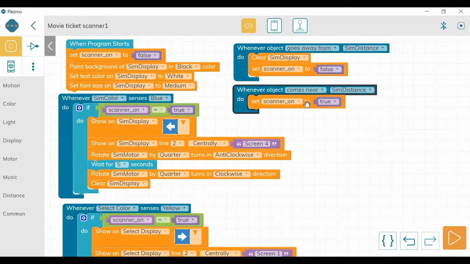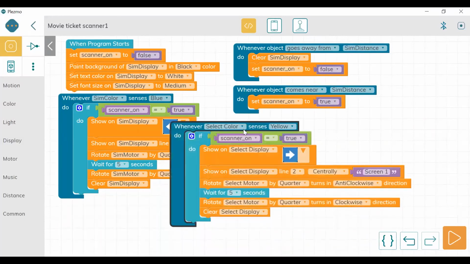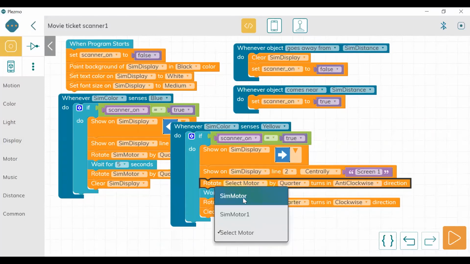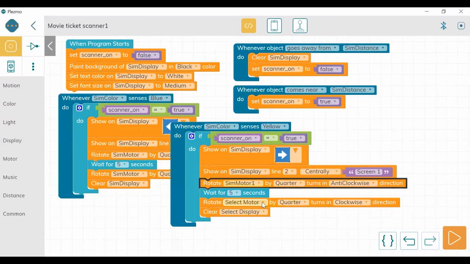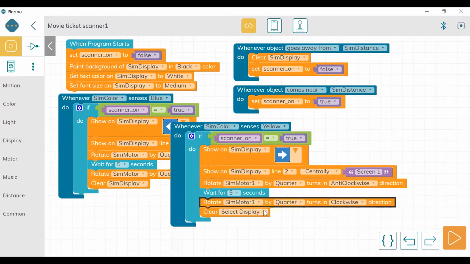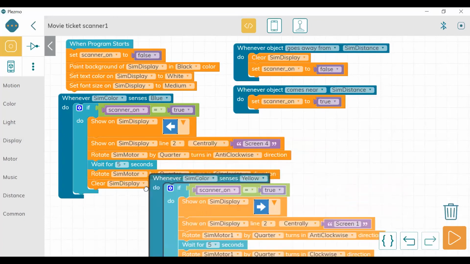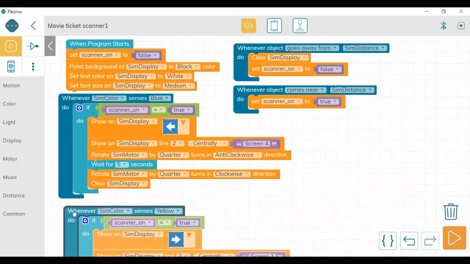And I'm making the required changes everywhere. So here I'm going to take sim motor 1. Fine, let me check if everything is perfect.